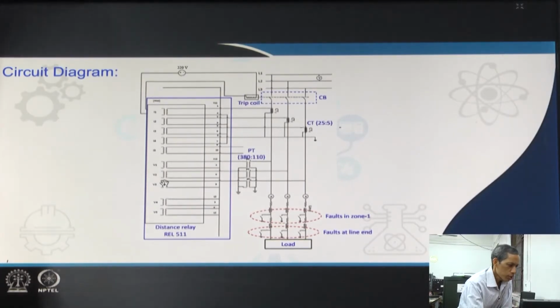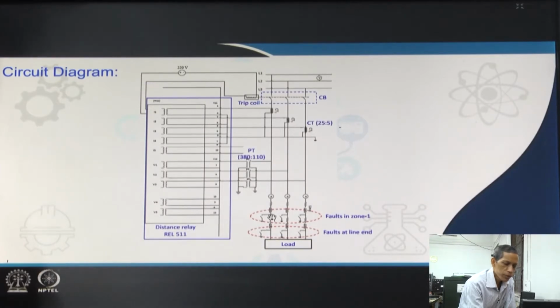So, this is the background of how we verify the performance of the distance relay. In this transmission system, at different points we create faults. As you see here, we can create phase A to ground fault, double phase to ground fault, double phase fault, or 3 phase fault, all kinds of faults at different positions.